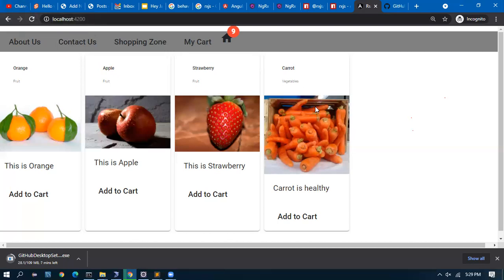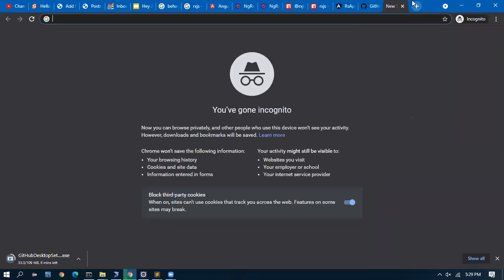This site will be built up more. We'll be bringing in a shopping cart section, with options to add and delete. Now we cannot see what is in our cart. There are 9 items in the cart, and we'll provide an option to see those 9 items. We'll provide an option to remove an item, decrease the quantity, and increase the quantity. Then we will go into the third 10 days of the section.